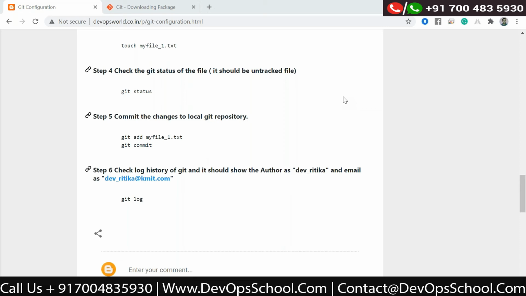And Raman, are Git and GitHub the same thing, or are these two different things? Now, as I mentioned in the starting, GitHub is the centralized repository and Git is the local repository. Okay, understood. So the global configuration piece that we are talking about, is that going to be GitHub? As of now, everything I'm talking about is the local repository. I did not discuss anything about the global.